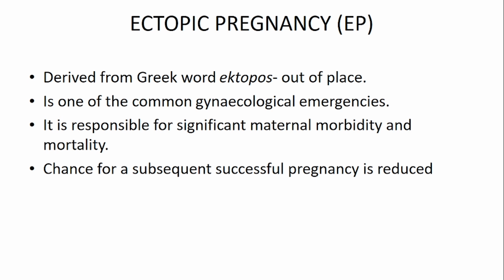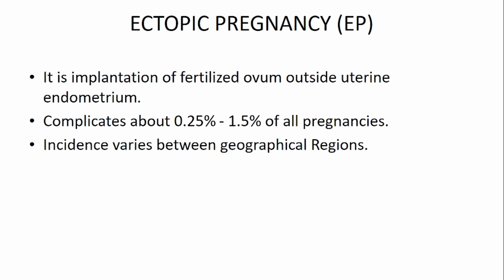Ectopic pregnancy is derived from the Greek word ectopos, that is, out of place. It's one of the most common gynecological emergencies and is responsible for significant maternal morbidity and mortality. Following an ectopic pregnancy, the chance of subsequent successful pregnancies is reduced. In simple terms, it is just the implantation of a fertilized ovum outside the uterine endometrium and complicates about 0.25% to